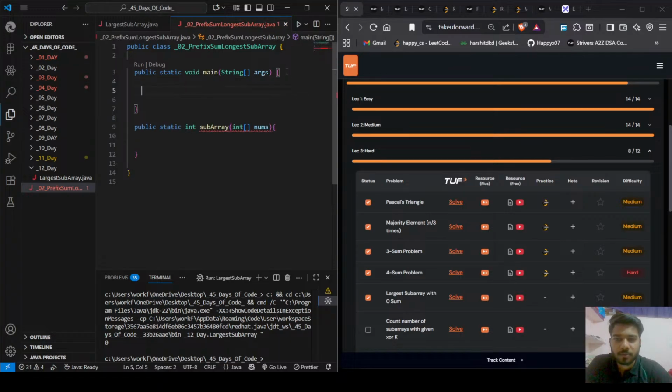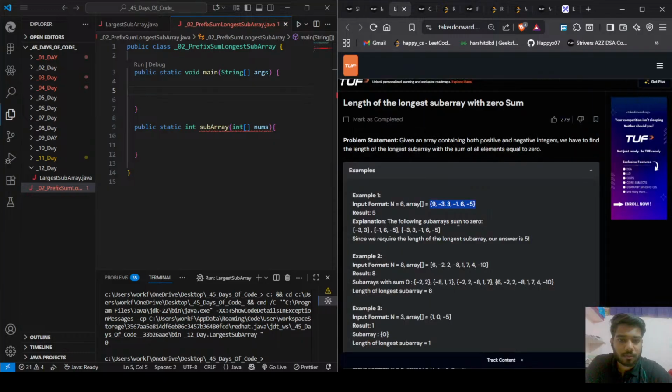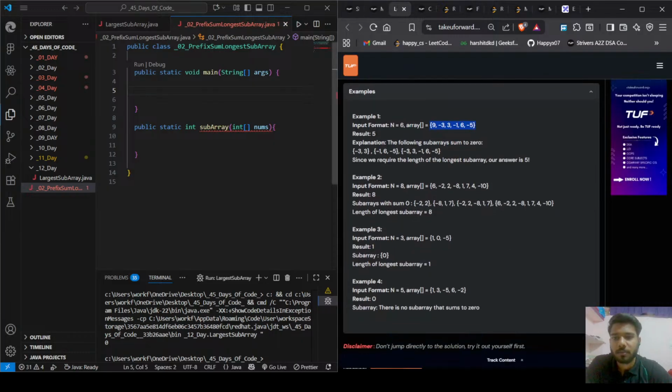Okay, let's take input. Where is longest subarray sum? Let's create an array. Int nums is equal to